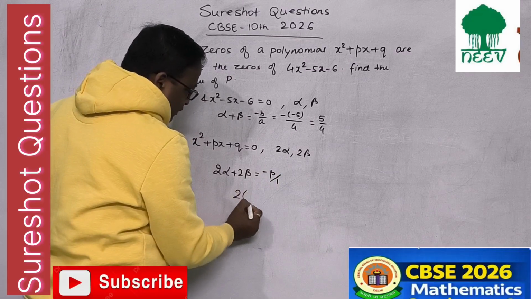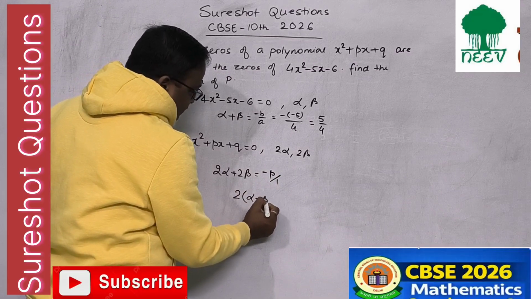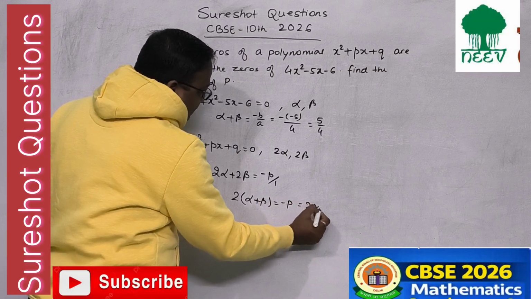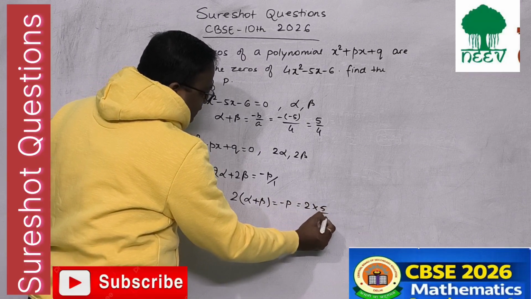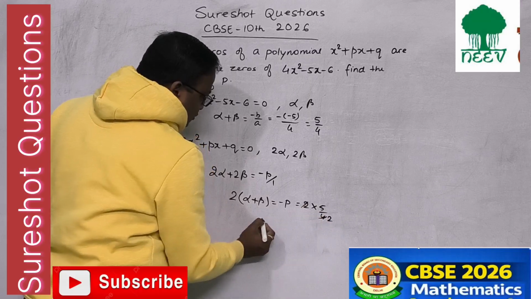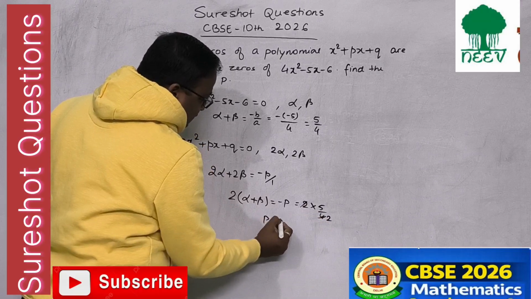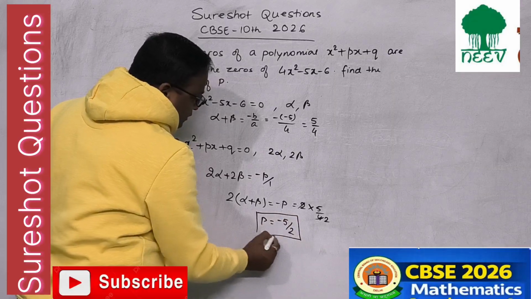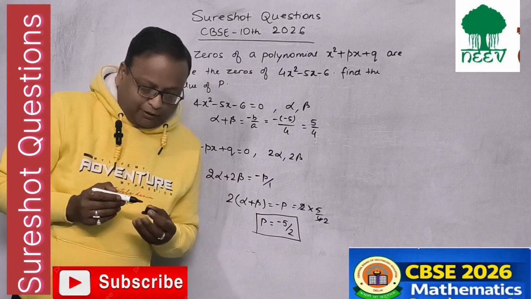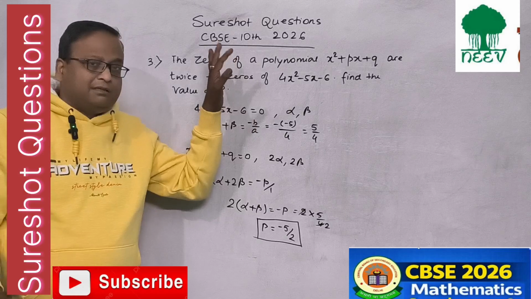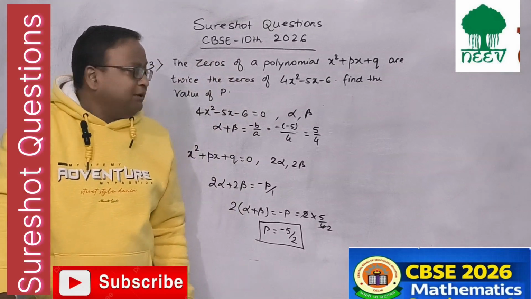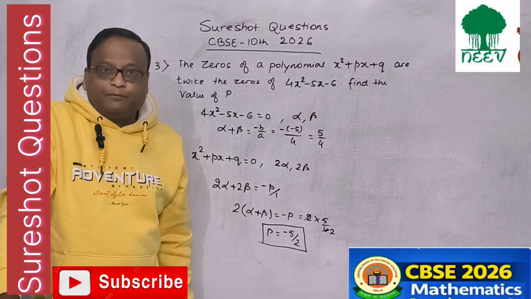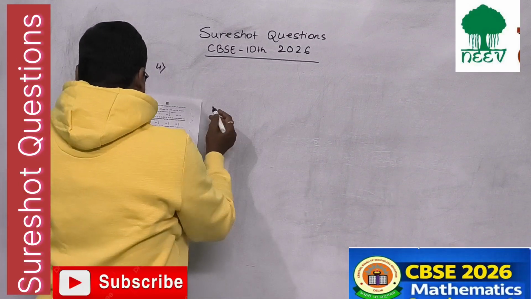So 2 into (alpha plus beta) is equal to minus p. So 2 into (alpha plus beta) is 5 upon 4. So the value of p is equal to minus 5 by 2. Just follow the given instructions, the answer will come automatically. You just need to remember the formula for the sum of roots and product of roots. Okay. So question number 4 is,